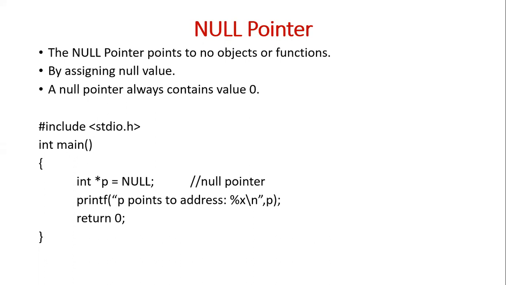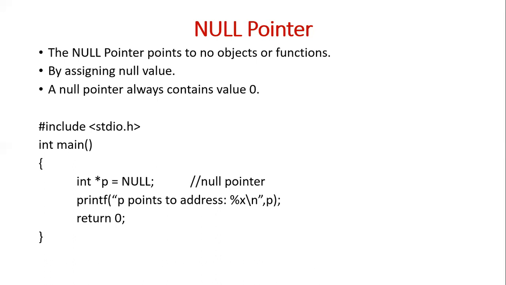We defined a pointer as a variable which holds the address of another variable. If a pointer is holding the address of an integer variable, then it is called an integer pointer. If the pointer is holding the address of a character variable, then it is called a character pointer, and it is said to be pointing to a character. If a pointer is holding the address of a floating point variable, then it will be called a floating point pointer.